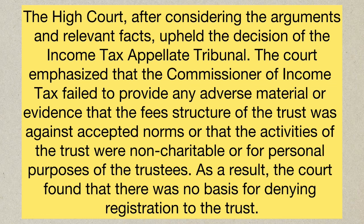The Honorable High Court, after considering the arguments and relevant facts, upheld the decision of the Income Tax Appellate Tribunal. The court emphasized that the Commissioner of Income Tax failed to provide any adverse material or evidence that the fee structure of the trust was against accepted norms or that the activities of the trust were non-charitable or for personal purposes of the trustees. As a result, the High Court found that there was no basis for denying registration of